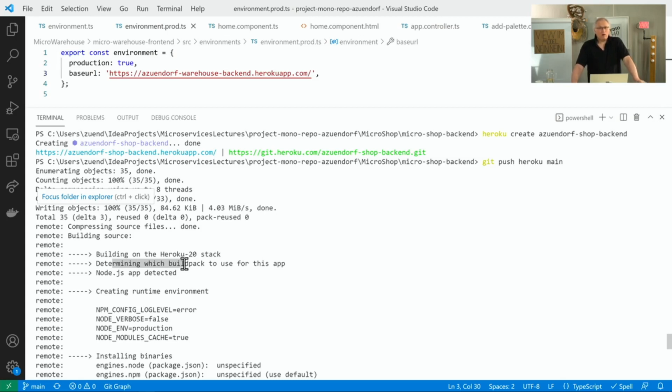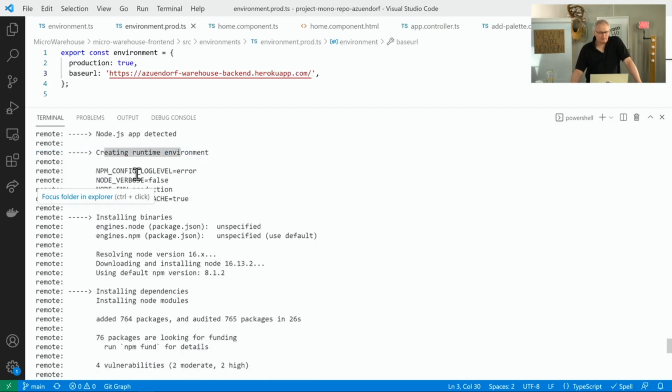And then, oh no, look at it. It has a package.json. It's an NPM thing. And so let's run a Node.js app to do this. It's creating a runtime environment. And then actually, this one is important. It actually says,